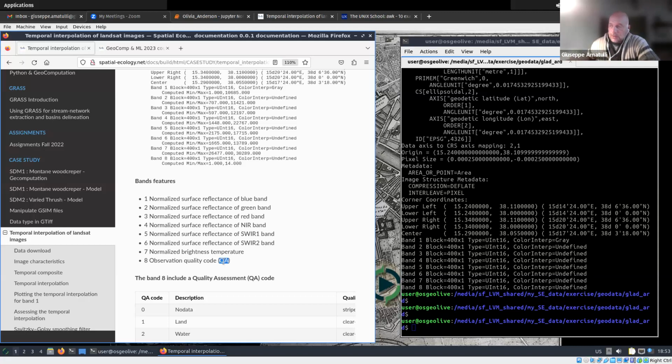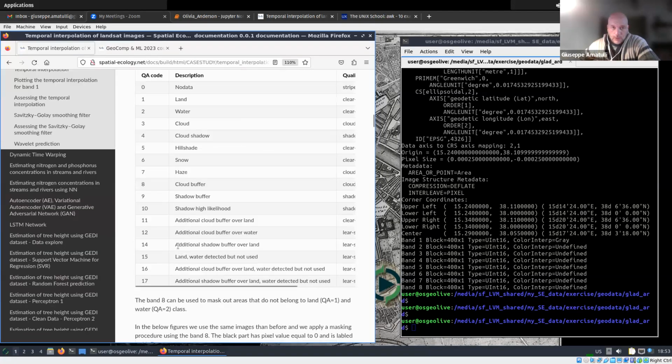The quality assessment code in band number 8 identifies different land cover in the image, or even cloud buffer, shadows, stripes, additional aids, for example, snow, hill shade from the